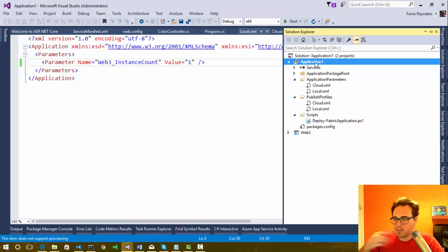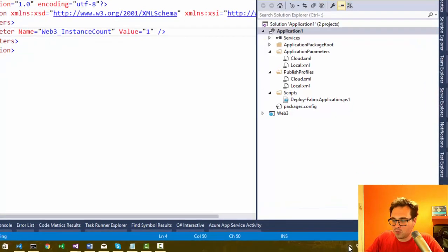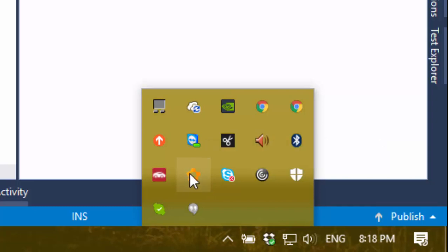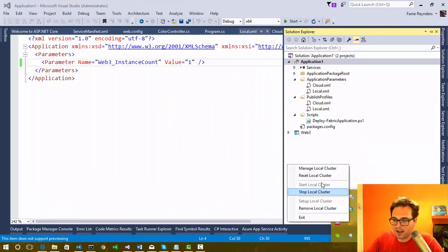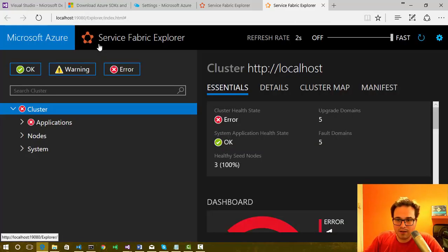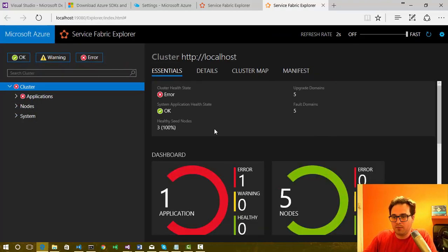So you do need to fire up the umbrella application. Now when you do this locally, when you start this, here at the bottom you'll see it will create something called the Service Fabric local cluster manager. Now this is exactly the same thing that's running in Azure. I can just right click and say manage local cluster, and it will open up port 19080, and it will open the Explorer for my local service here, so that I can actually browse this stuff